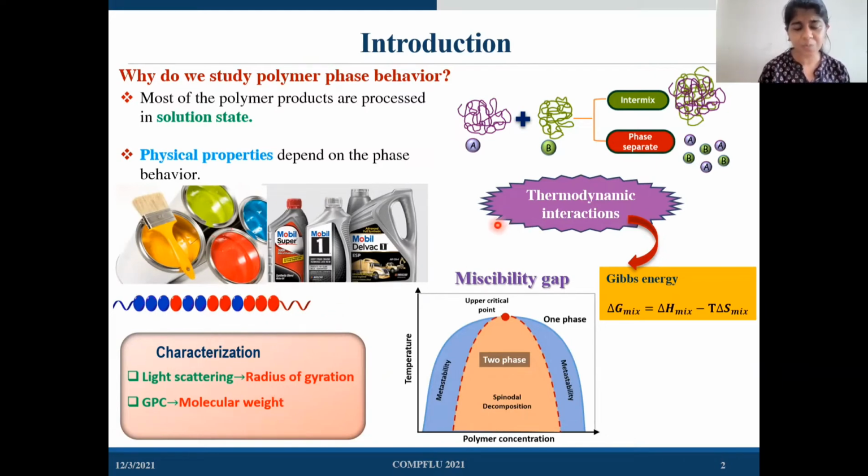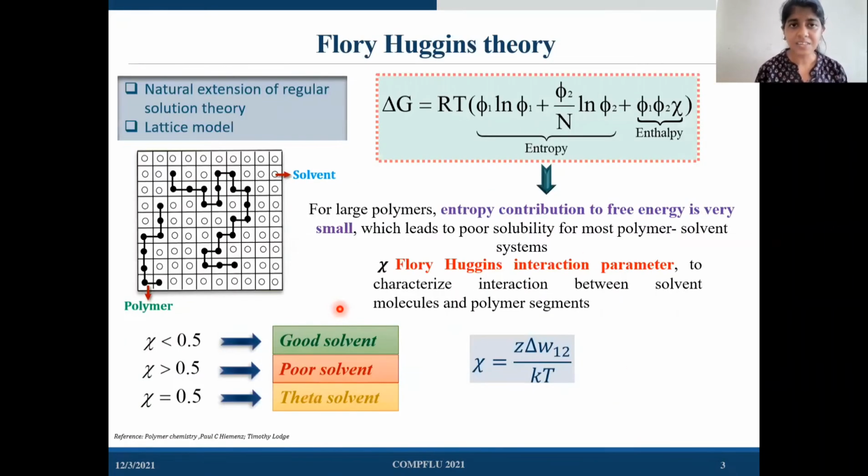And all these thermodynamic phase equilibria can be studied with the help of the Gibbs energy equation, where we obtain a phase diagram plotted as temperature versus polymer concentration, which consists of a two-phase region and a one-phase region known as the miscibility gap. These phase diagrams can be modeled with a simple model known as Flory-Huggins theory. It is basically a Gibbs energy expression, which consists of an entropy part and an enthalpy part. It is a lattice model in which each lattice site is occupied either by a solvent molecule or a polymer chain consisting of n segments, which is given in this equation.